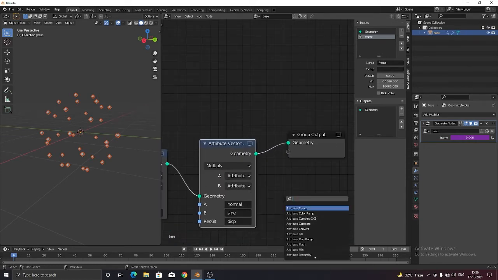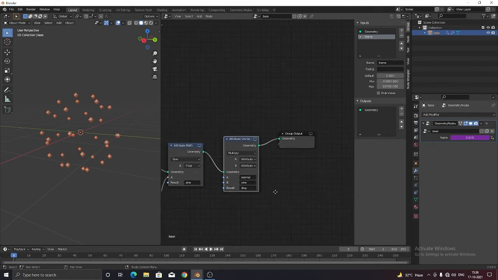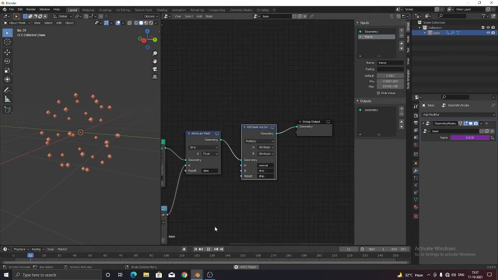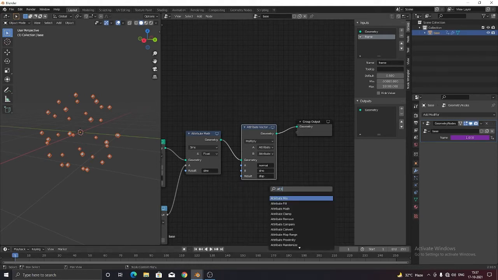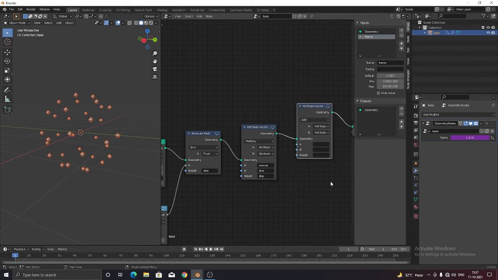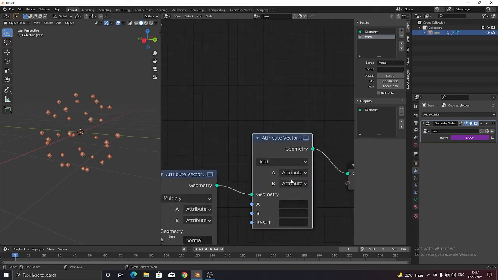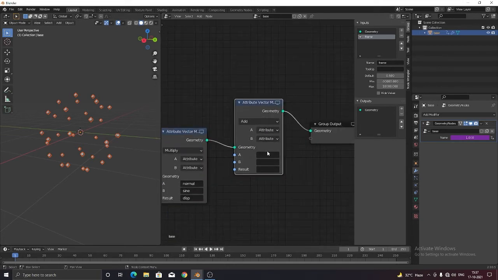Press Shift A and add another. Before this, let's play the animation. You can see that nothing is happening here. So create another attribute vector math, and change the value A to position.